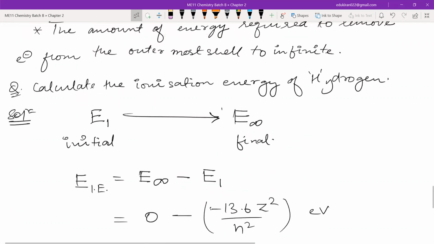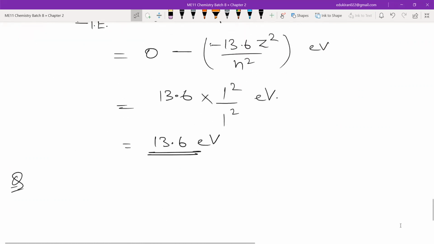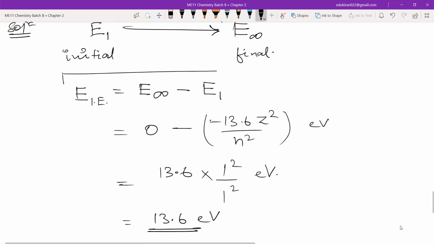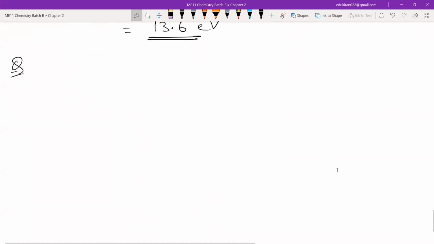Let us do one more problem here. See, this is how you will calculate the ionization energy. If you have to calculate any type of energy, you will use this type of formula from initial to final. Change is always final minus initial. If you remember this, it will be helpful till thermodynamics and chemical equilibrium. So please remember, change is always final minus initial. Whenever you have to calculate some kind of energy, always think in terms of what is the initial state, what is the final state, then just calculate the difference between the final and the initial states.